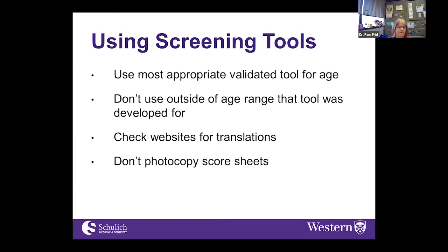It's also important to know that you will get better results if you are able to use a tool in the language of the people that you're using it with. Many of the tools that we use are ones where parents are asked to answer questions, but you'll actually get more reliable results if the parents are using the tool in their own language. Many of the tools have been translated into multiple languages. One tool I use sometimes has been translated into 90 different languages. So if you are using one of these tools, check the website and use the best translation that you can get.